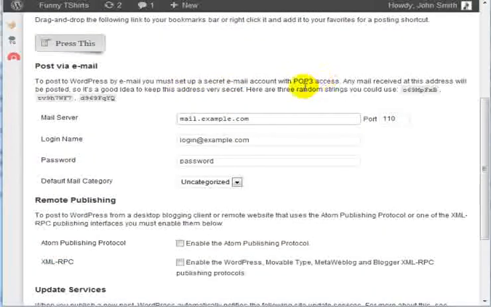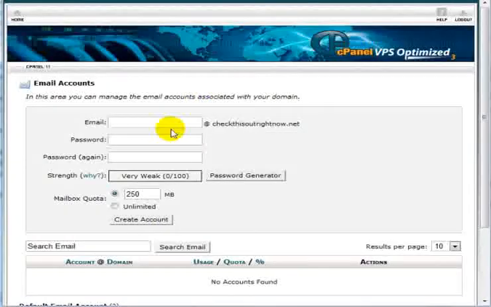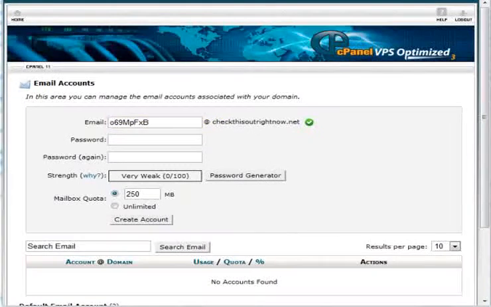Now, if you look very carefully, it says you need to keep this address very secret. In other words, don't tell anybody of this address, because if somebody knows about this address, they can email this address and stuff is going to go onto your WordPress site. And you don't want that. So you can use some random strings here to help you out. So we're going to choose this one. And we're going to create an email address here, and make sure you save this data, and then enter a password. Click Create Account,